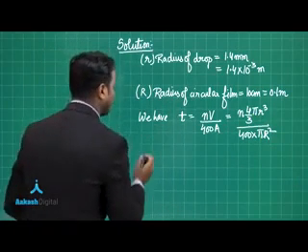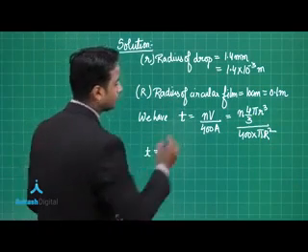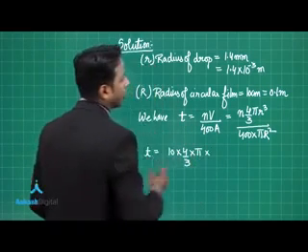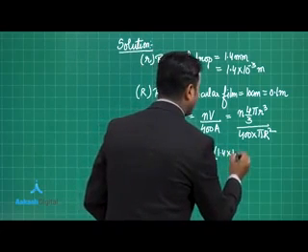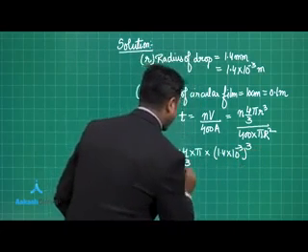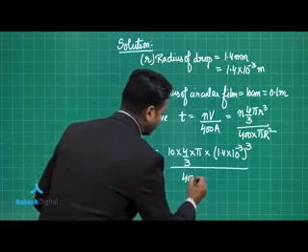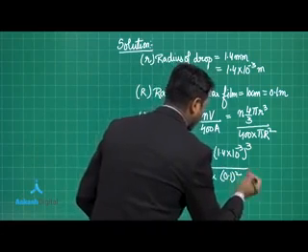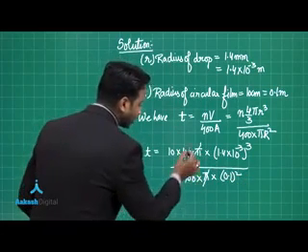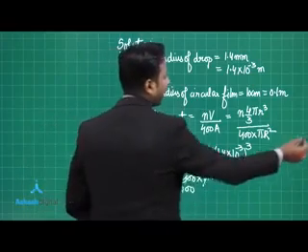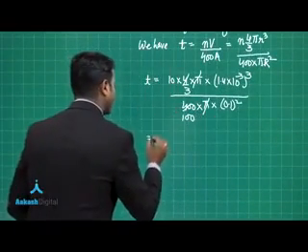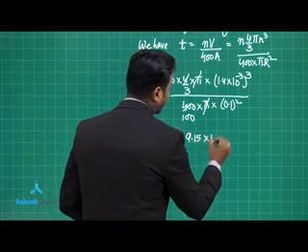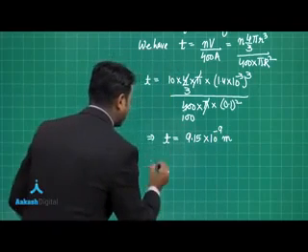So let's put all the values that we have. We have T value equal to 10 drops are there, so 10 into 4 by 3 into pi into small r cube, that is 1.4 into 10 to the power minus 3 whole cube divided by 400 into pi and into capital R square. So this is 0.1 square. And this pi and pi will cancel, this 4 will cancel this over here, this is 100, and if you solve it further, this T value will approximately come out to be 9.15 into 10 to the power minus 9 meter, and that is approximately